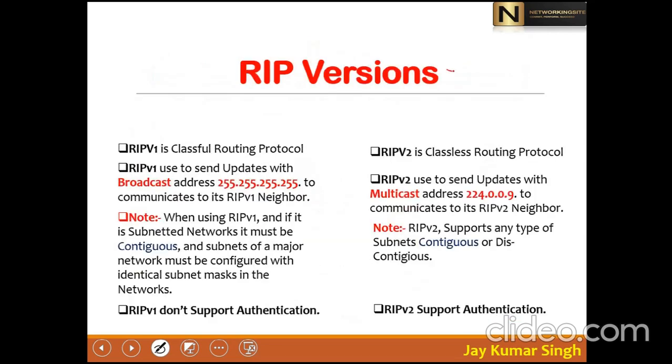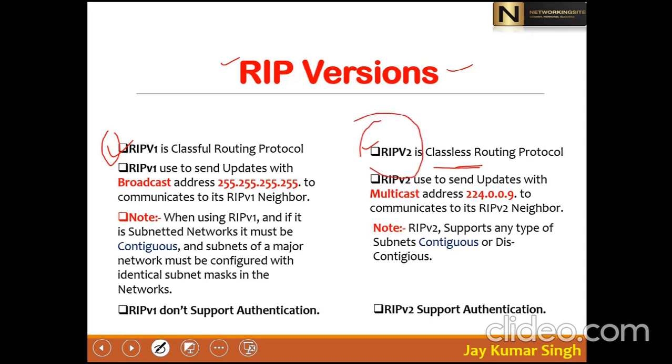Now here we have RIP versions. RIP has two versions, version 1 and version 2. When RIP came into networking, or was announced as an open standard, RIP version 1 was there, and it supported only classful routing. But nowadays, when we work with networks, we have classless routing. So when you want to use RIP in a classless network, we have to use